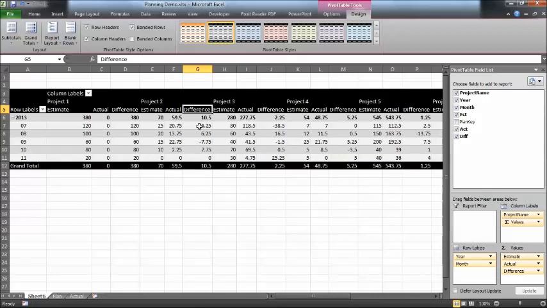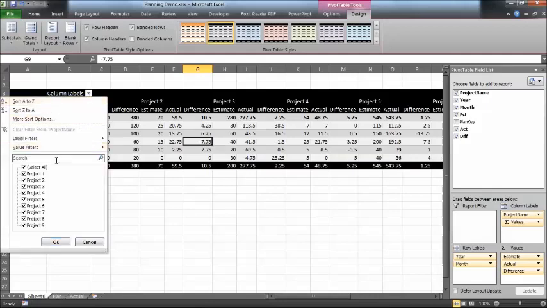Now, if I have the difference a positive one, this means that the actual was smaller than the estimate. It means my project is on track. If the difference is a negative one, it means that I consumed more time on my project than I was estimating. And in order to visualize this, let's say first, if I want to analyze just 3 projects, like these